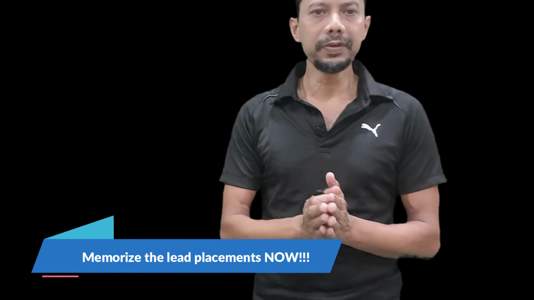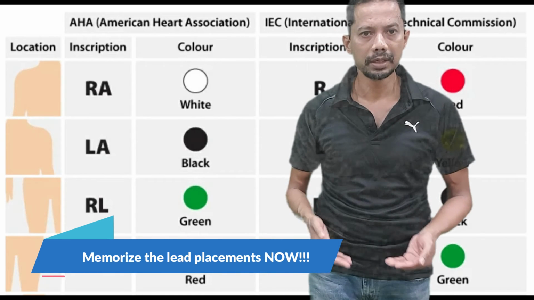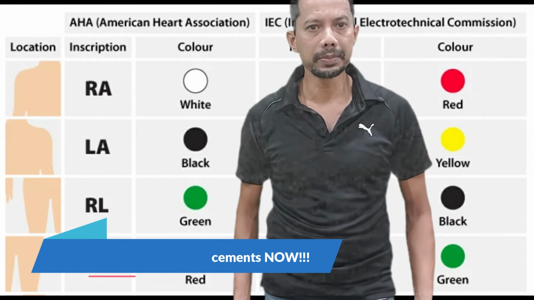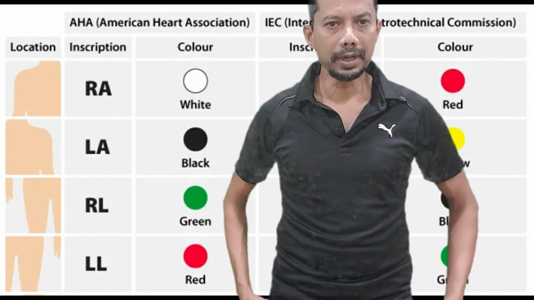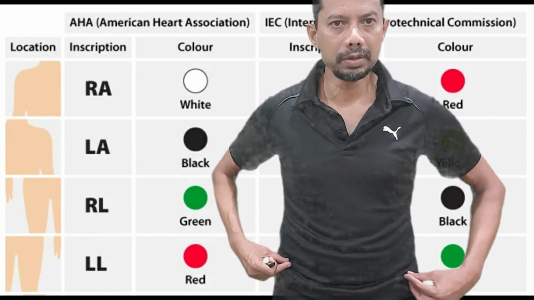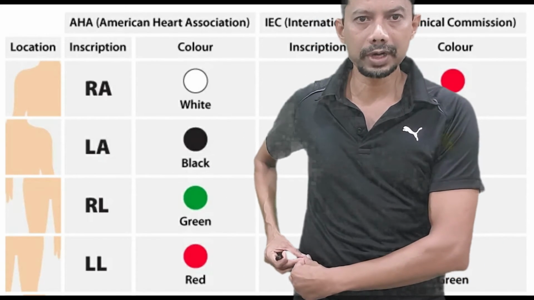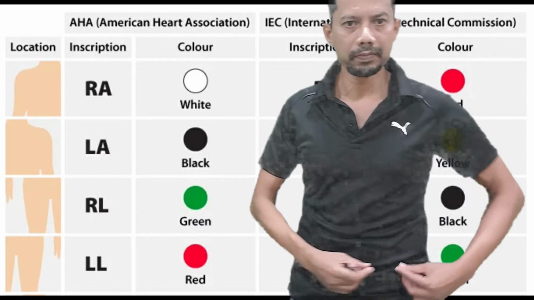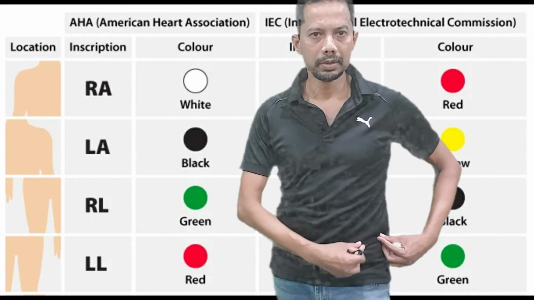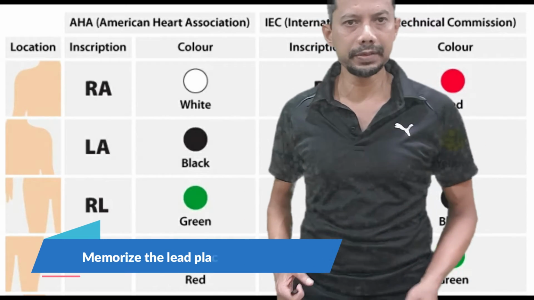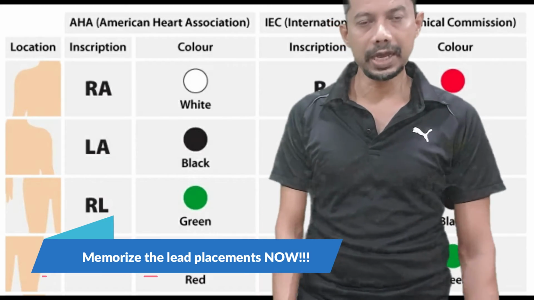Now there might be some difficult situations where you have to take the ECG. Maybe the patient has amputated both lower limbs. So where will you take the ECG? You can apply the limb electrodes over the abdomen, over the hip area, the right leg electrode over the right hip, pelvis, and the left over the left hip. So that will do. And you will get the same ECG which you would have gotten if you had applied the electrode above the ankles.